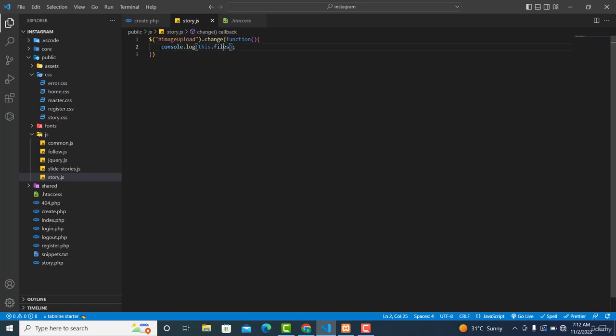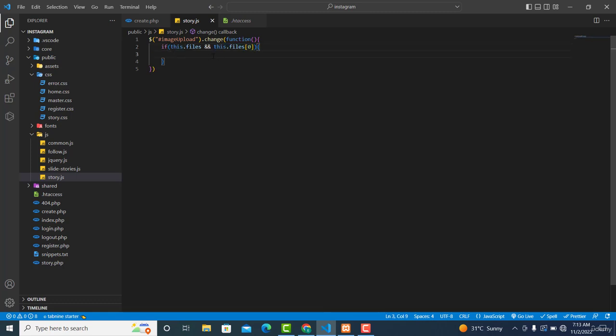We are going to use an if statement. So remove this one from here. This one will be if this dot files and this dot files, then get the first element, that's 0. So if this is true, if it contains something and we are getting the first node, which is this one,